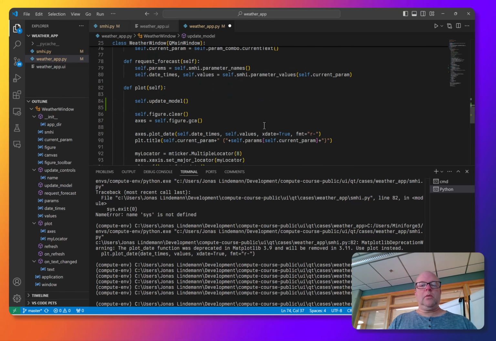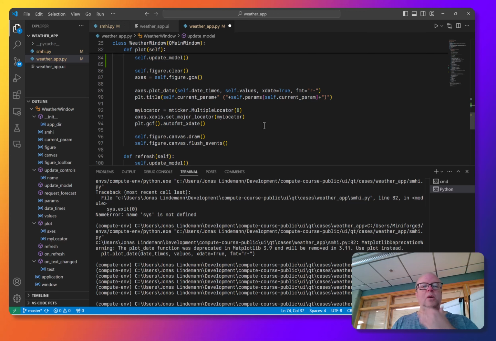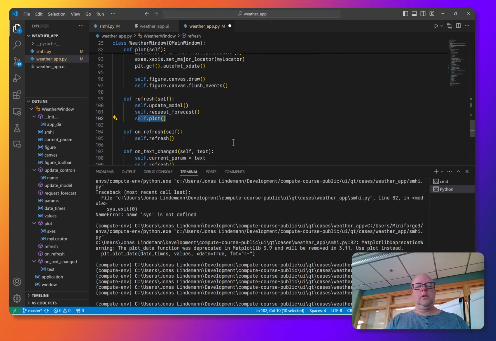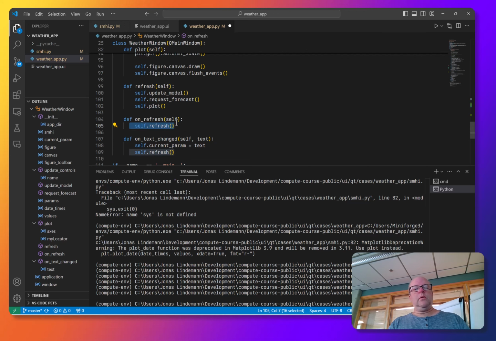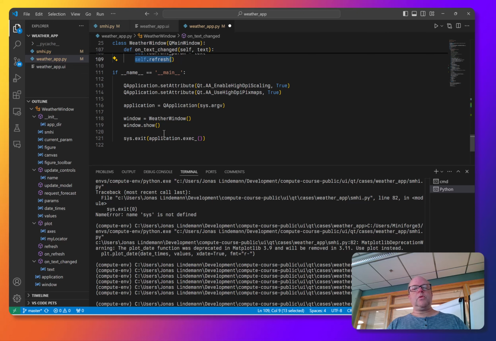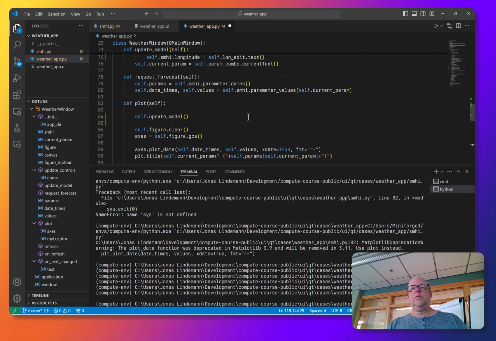And then we have plot here to actually plot our data. Refresh calls our update model again, requests a new forecast, and calls plot again. And refresh just calls that one, the button method here. And if you change the text here in the combo box, it will call refresh again. And then we start it like this. We create a window, we show the window, and then we execute the application loop. If we run this now,